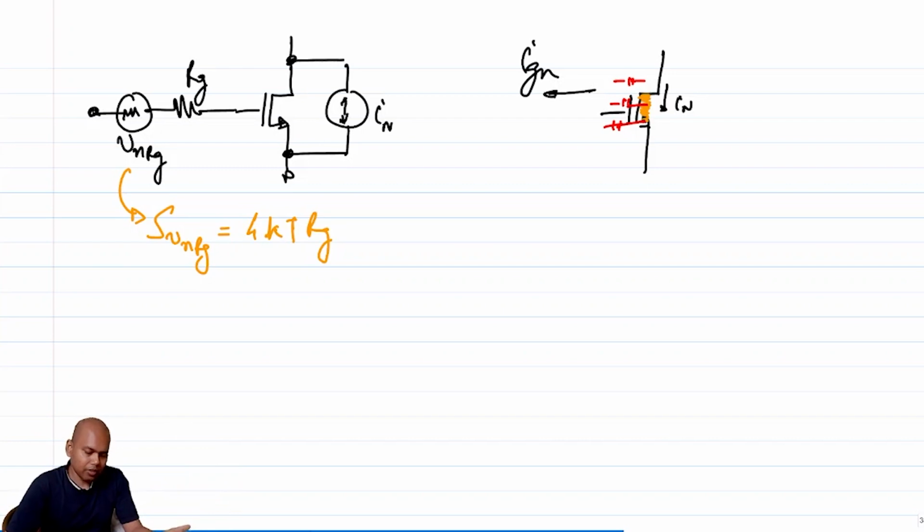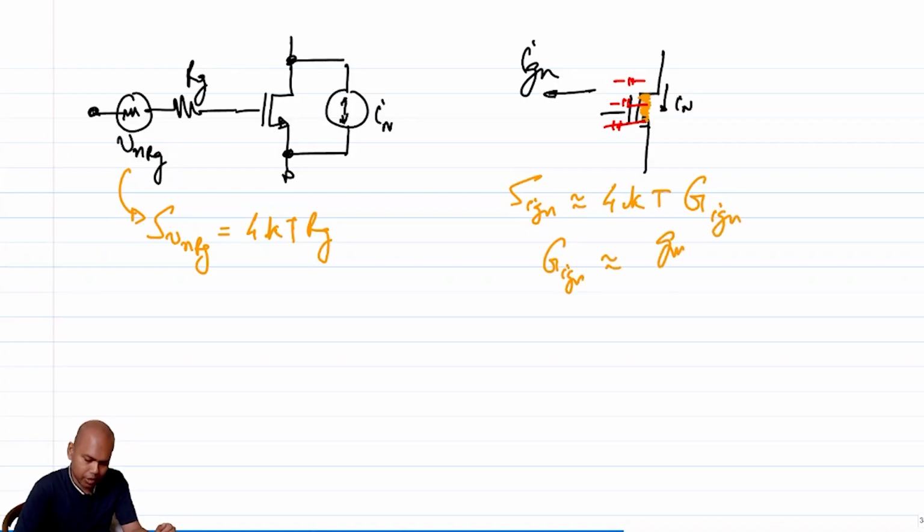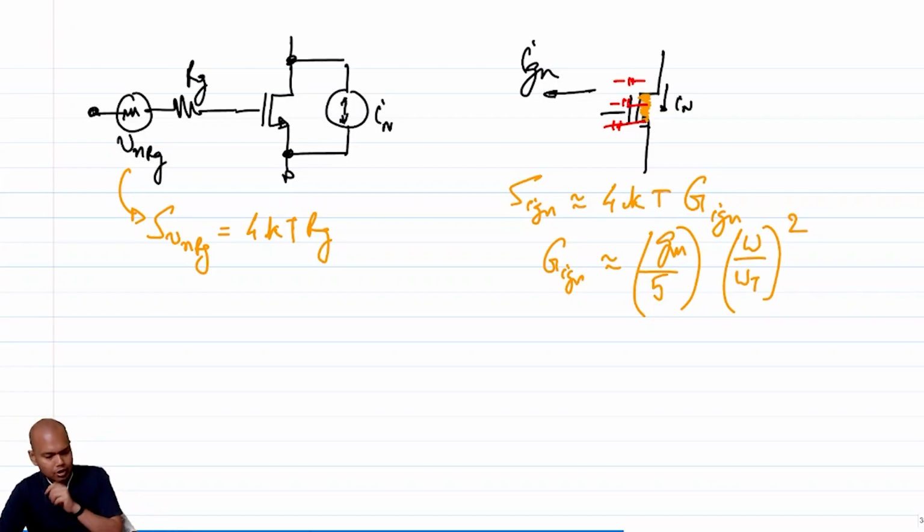So as it turns out, after doing a lot of device physics and a lot of maths, people have figured out an empirical formula to estimate the power spectral density of IGN, and that is as follows. IGN squared is approximately equal to 4kT GIGN, where GIGN is approximately equal to Gm over 5 times (omega by omega t) whole squared. Okay, where